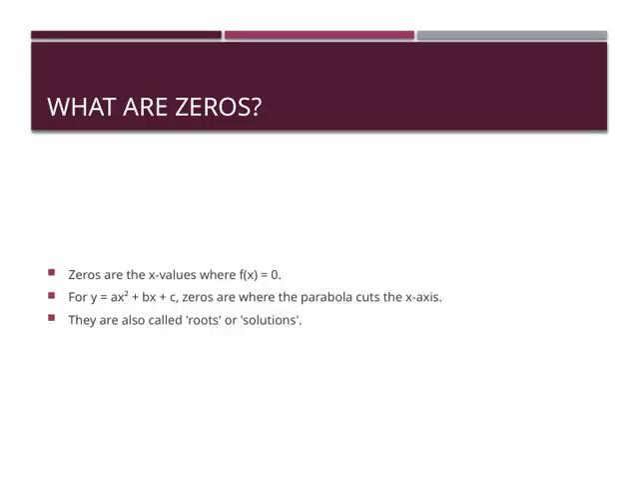So, what are zeros? In essence, zeros are the x-values where the function equals 0. Think of them as the points where the graph of the function touches or crosses the x-axis. For example, if you have a quadratic function like y equals x squared plus bx plus c, the zeros are precisely the points where the parabola cuts through the x-axis. These zeros are also often called roots or solutions, because solving for zeros is like solving the equation for when